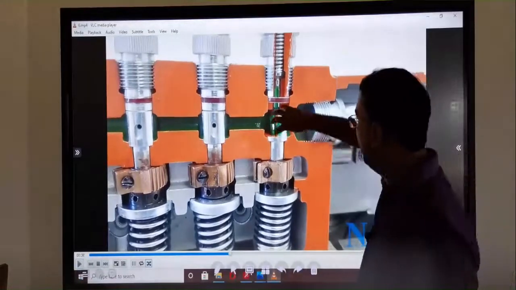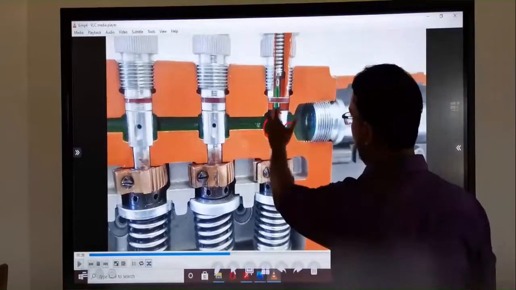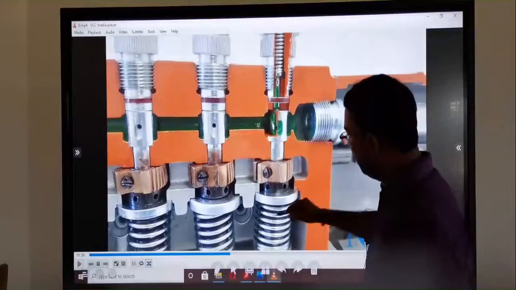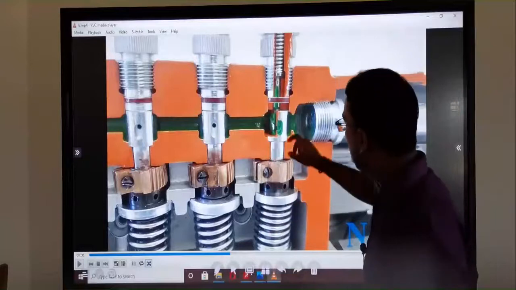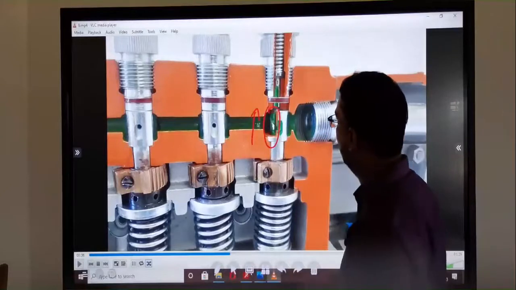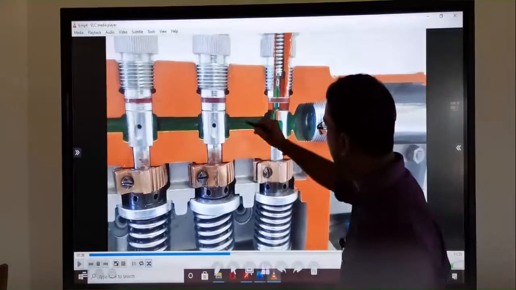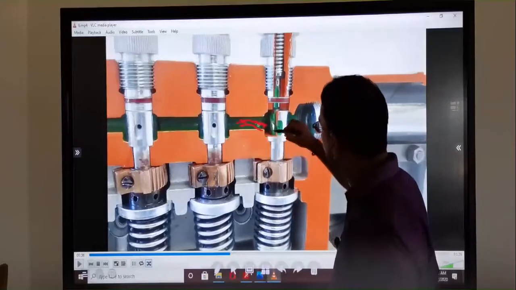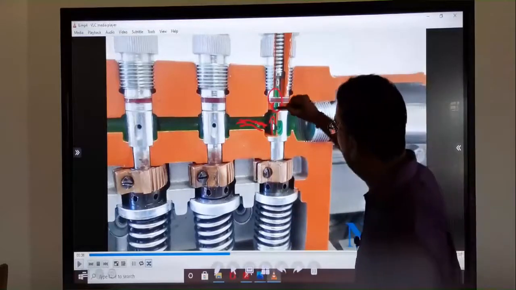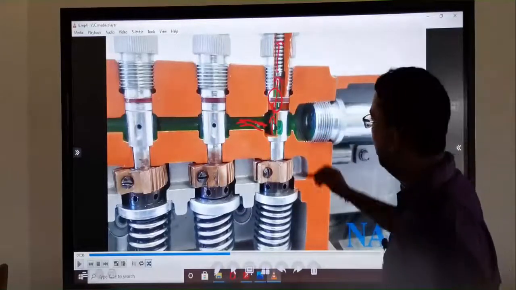When this lever is working, this rotates like this. This shaft rotates, and at that time there is an opening here. When the plunger is working, this part moves upwards and downwards. So when the plunger moves, the fuel is filled here. This moves upwards and connects with this compound. So the path of the fuel is accomplished by this line and the fuel is going.